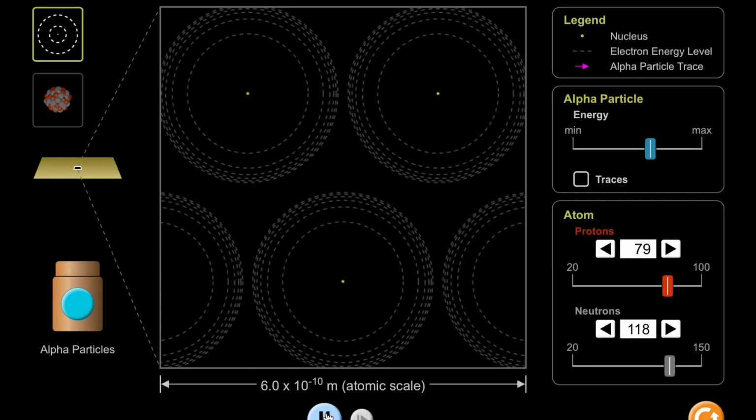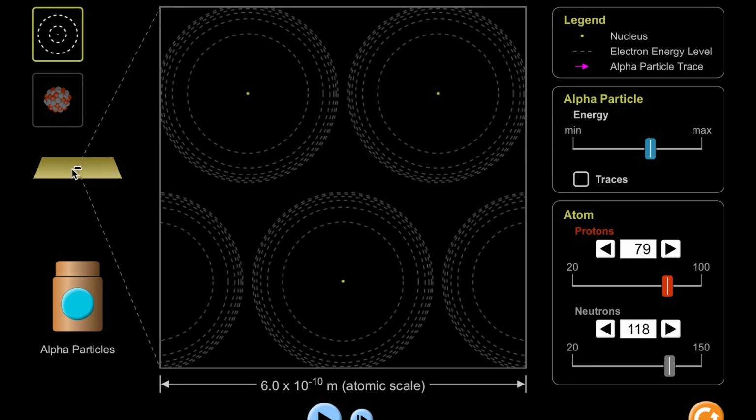I'm going to hit the pause button down on the bottom, and I'm going to demonstrate over here on the left what's happening. So there's this lead shield that contains a little bit of radium in it with a small hole drilled into it. And alpha particles, we'll talk more about what alpha particles actually are, a positively charged atom that shoots out at very high speeds, 80% the speed of light. So this is extremely fast, and it's going to hit a gold foil.